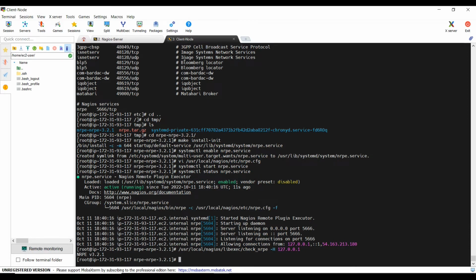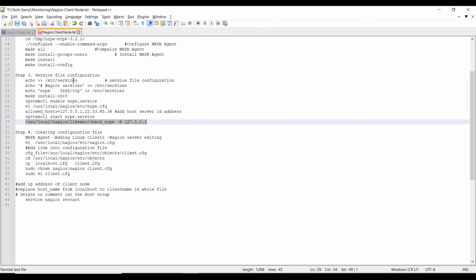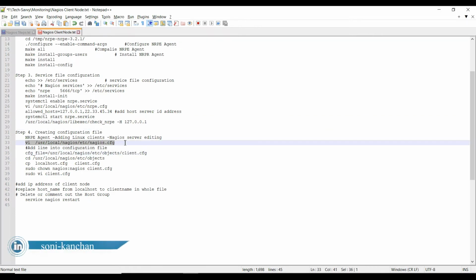But how will the Nagios server come to know which client it has to monitor, and how will the logs come to the Nagios server? So we need to go to the Nagios server and give this client node IP address in the Nagios server's configuration file, so that the connection can be completed. So we will go to the Nagios server path, or we can say we will go to the Nagios configuration file